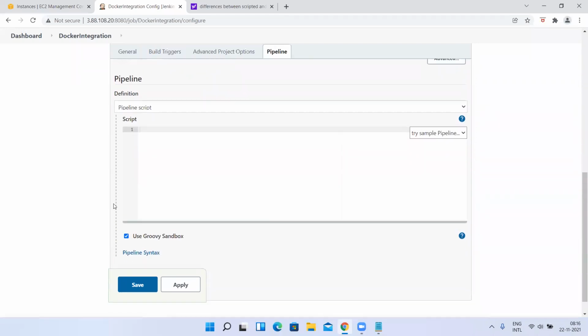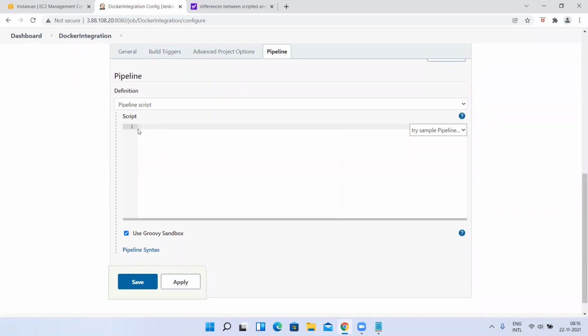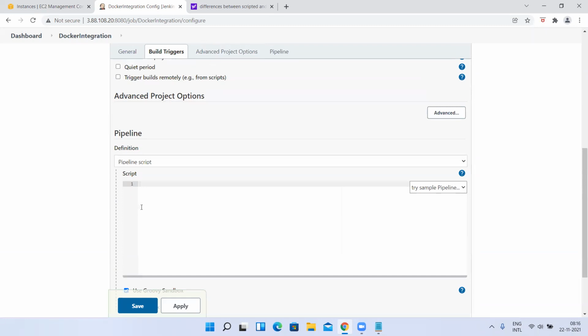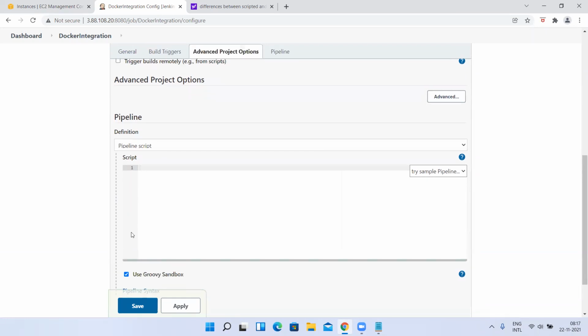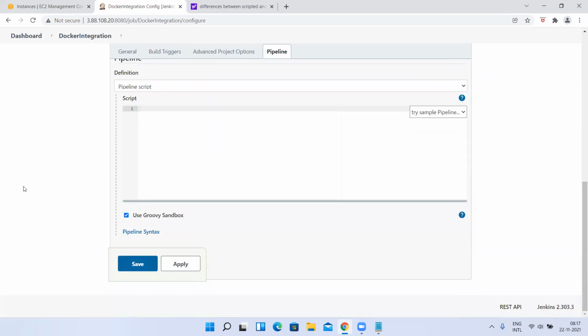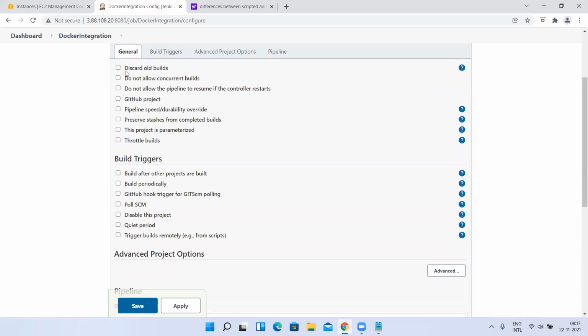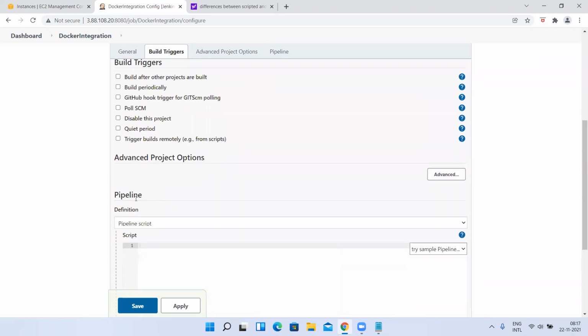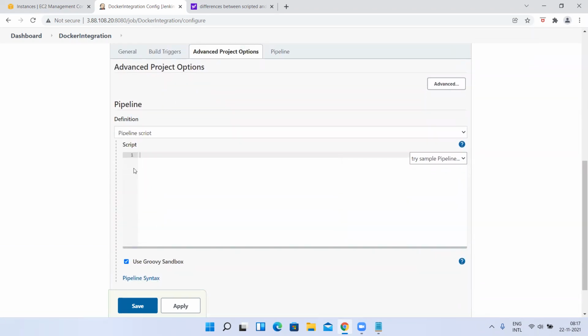But if you come here, you don't have that. Get code from SCM, right? The SCM option is not there. The build option is not there, right? Post-build action options are not there. Only these two: General, discard old builds, like that you have. But here you have build triggers, poll SCM, quiet period, and all. Yes, these are all there, but these options, like the Maven build and all, are not here.